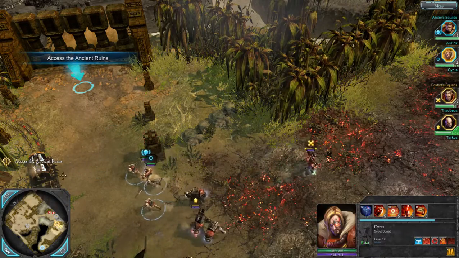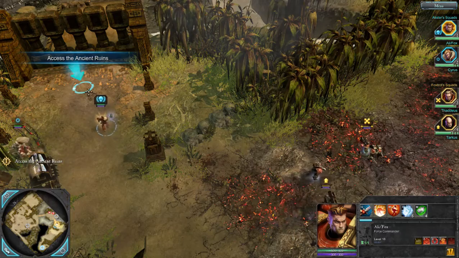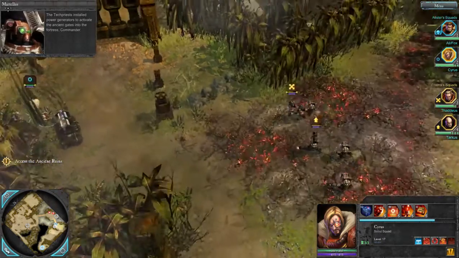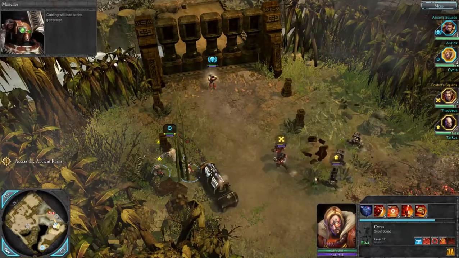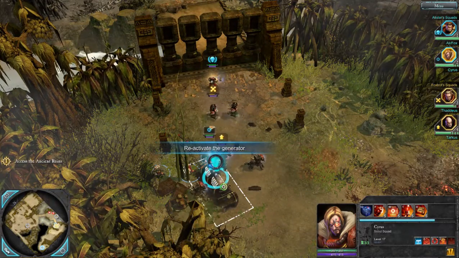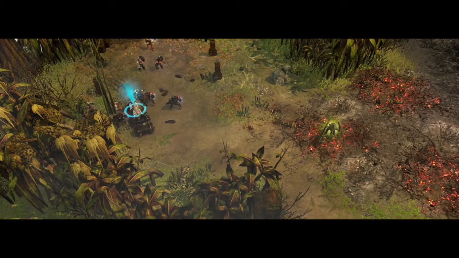Alright, I'll capture this generator with only Cyrus. I guess the Force Commander has to get up here first. Sealed gate, Commander. The tech priests install power generators to activate the ancient gate into the fortress. Cabling will lead to the generator. Really? Yeah, I know. If I can capture...